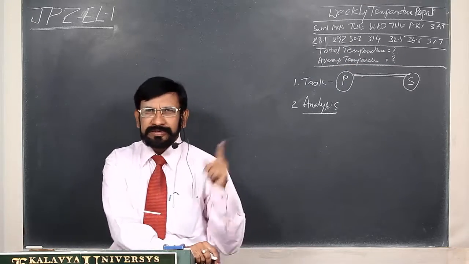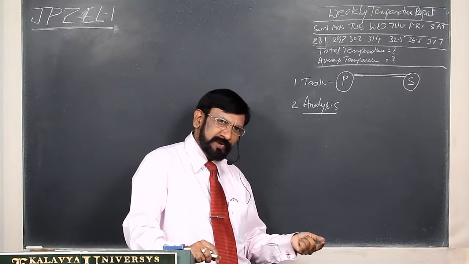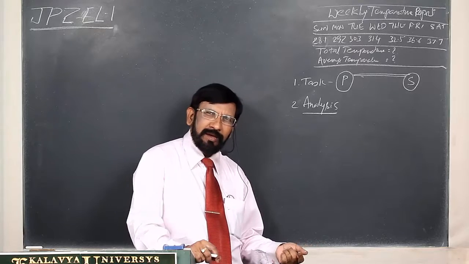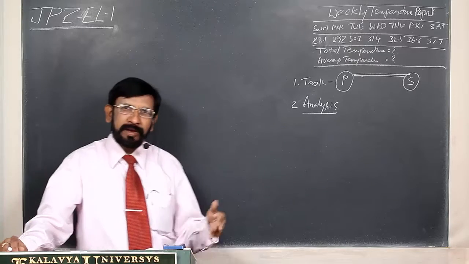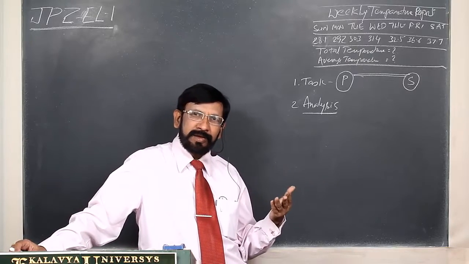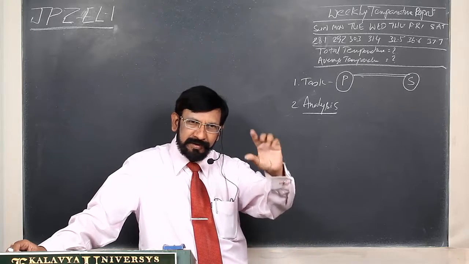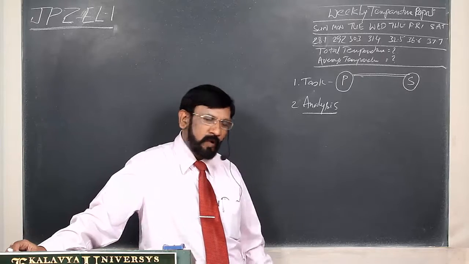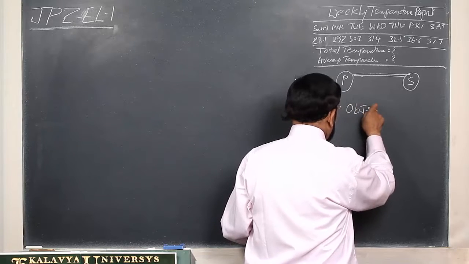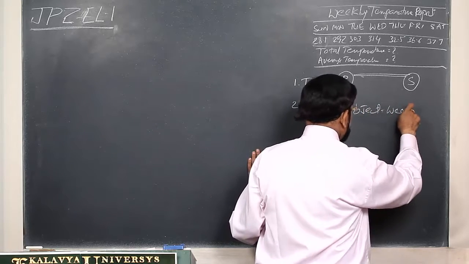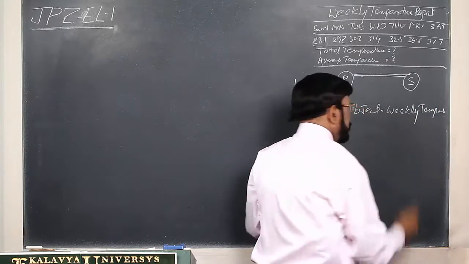Let us assume that one client asked you for one week's temperature. That's why you have taken one week's temperature. But do you think that all your clients ask you for one week's temperature only? Somebody may ask for 4 weeks' temperature, somebody may ask for 52 weeks' temperature. But weekly temperature is common, so take it as a building block. So in the analysis, you are identifying an object. What is that? The object is weekly temperature.